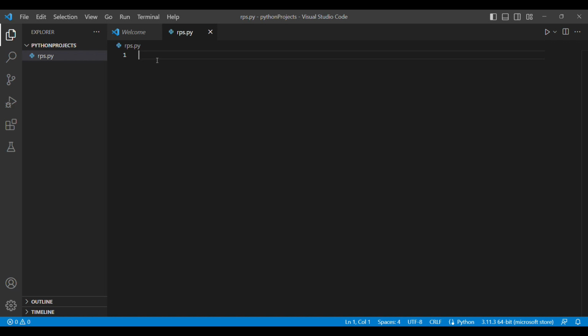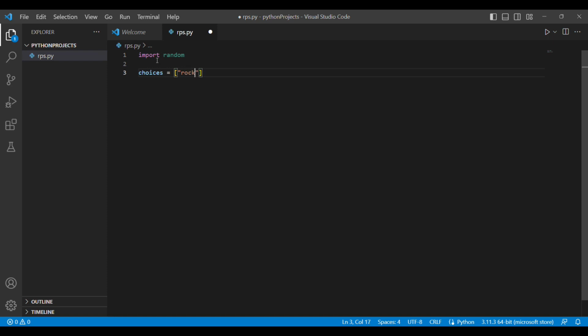So let's get started. As I said, we're going to use the import keyword to import a library called random, where we're going to be using a function from this library, and I'm going to be showing you the syntax when we get there. So we're going to have a list of choices, as we said. This is the list where the computer is going to take its choice from.